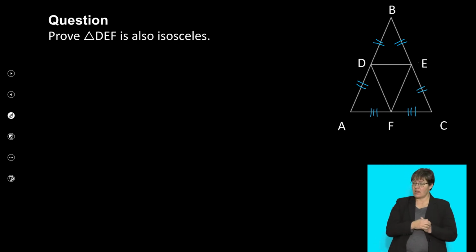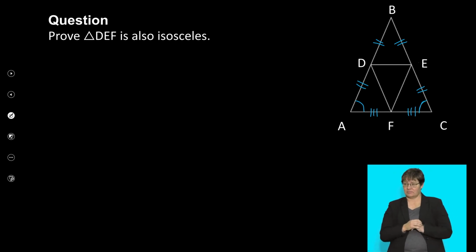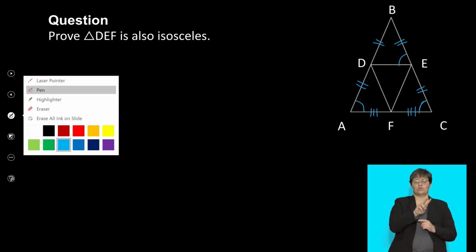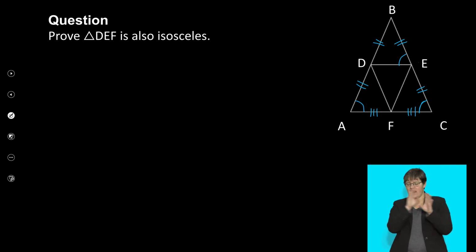Firstly, I know that this angle here is equal to that angle there, which will be the same as that angle there because of corresponding angles. And then I just want to label it as 1, 2, 3 like that so that we are clear on what we are talking about. So this will be 1, that is 2, and that is 3. This is 1, that is 2, and that is 3, right? And then I'm going to try and apply that based on what I've just done, right? So I know